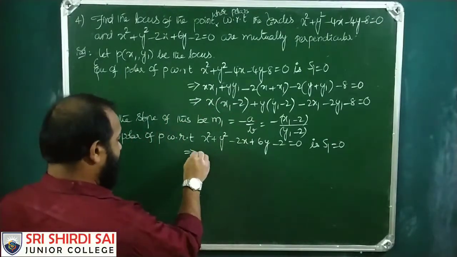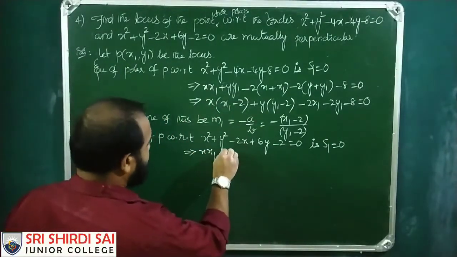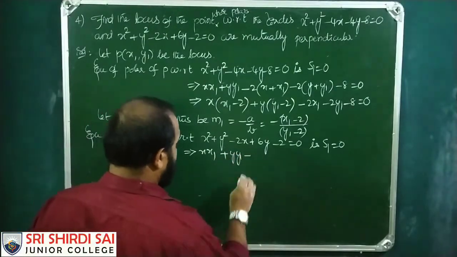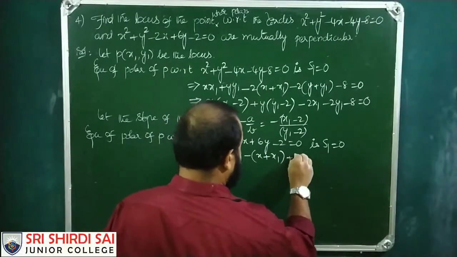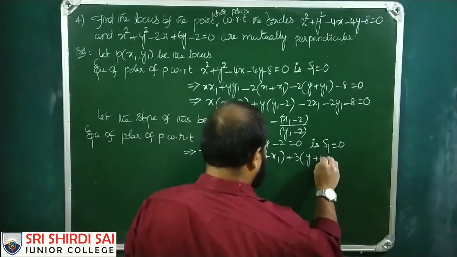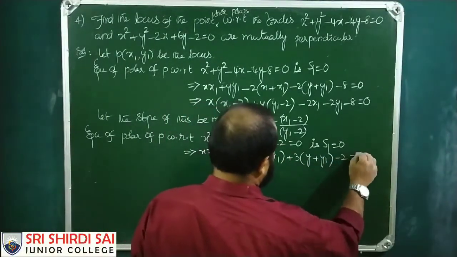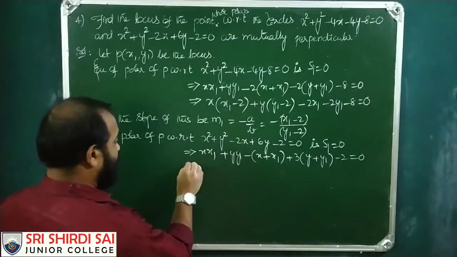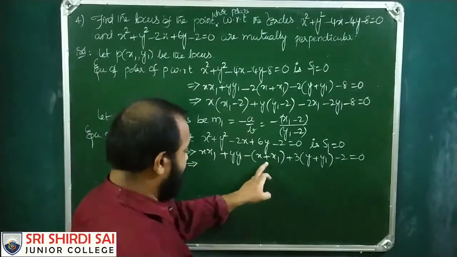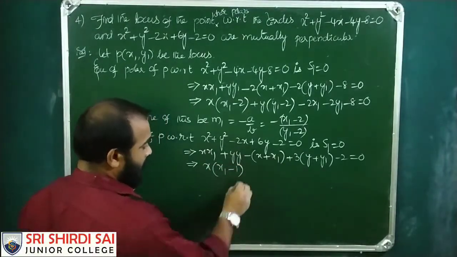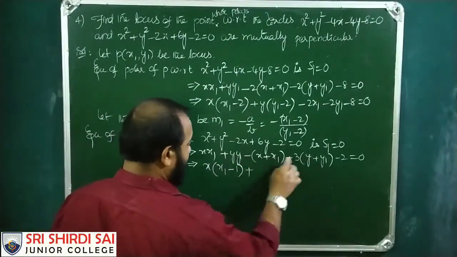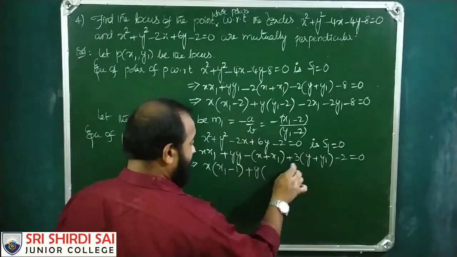So x x1 plus y y1 minus (x plus x1) plus 3 (y plus y1) minus 2 equals 0. So take x in common: x(x1 minus 1) plus y(y1 plus 3)